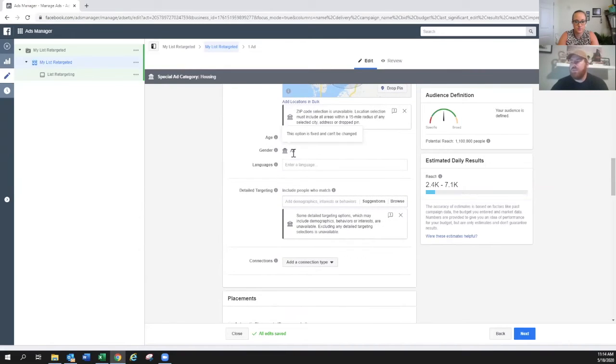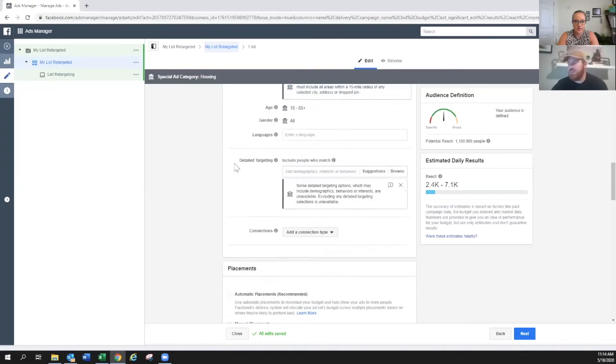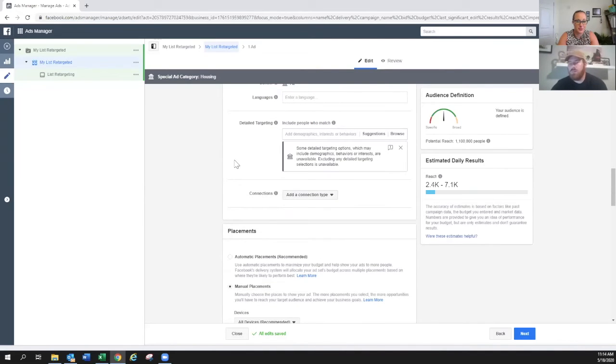All right. And then the rest of these are going to be set automatically by Facebook. You cannot change the age. You cannot change gender. It has to be everyone. Okay. So whether they're 18 or 99, you're going to target them if they're on your list. Okay. And then language could be important, right? No matter what kind of ad you do, language is important, because if you speak English, you want it to be English. If you speak Spanish, then go ahead and put it in there. You're in probably a great situation if you did some Spanish advertising. Yes. But we do not want to put Spanish if we don't speak Spanish, guys. Correct. Unless we have someone that we can get them to really quick.